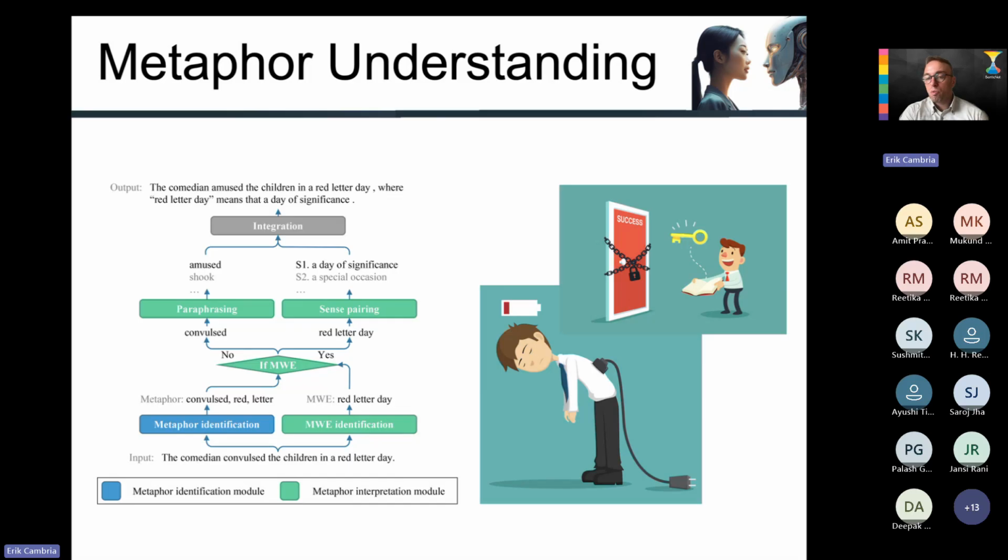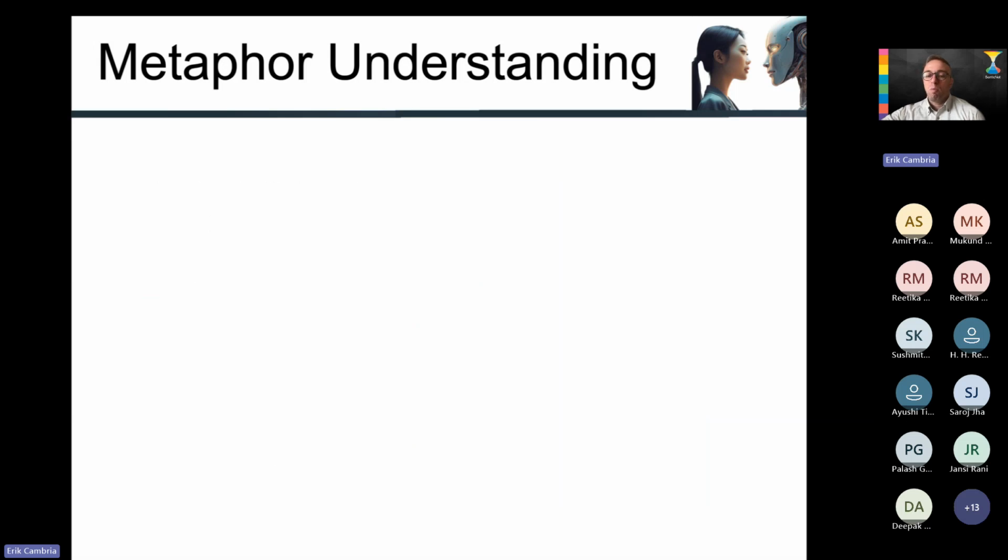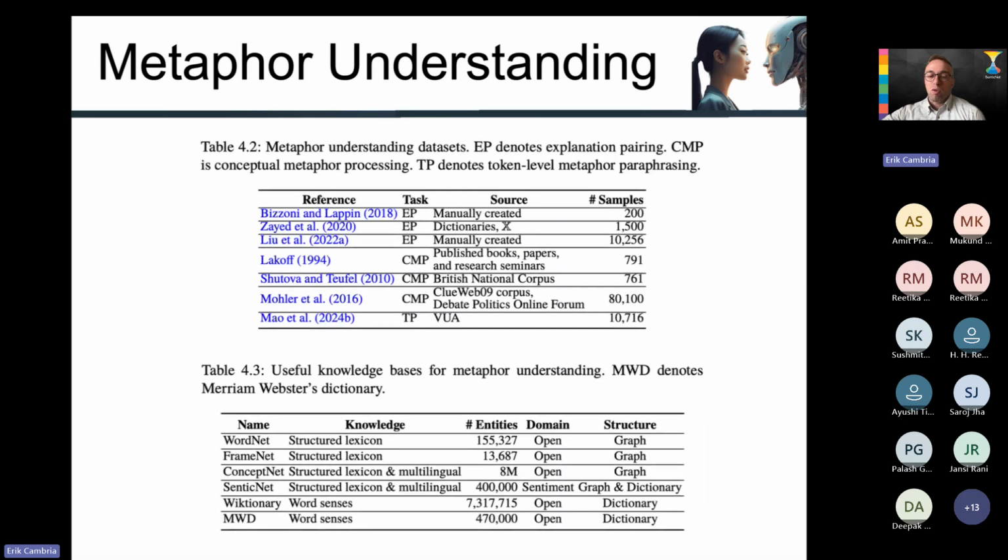Even in our daily communication, when you use phrases like "this is key to success," or "I need time to recharge my batteries," or when you say that the market crashed, these are all metaphors, and they become part of our daily communication so much that we barely realize. But it's important for a text processing algorithm to also have a way to recognize and connect and map these metaphors